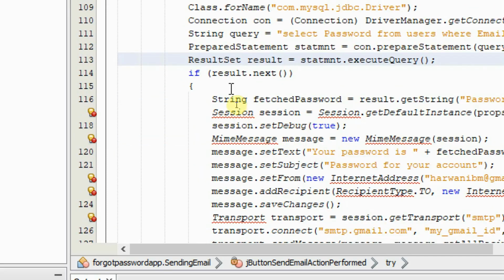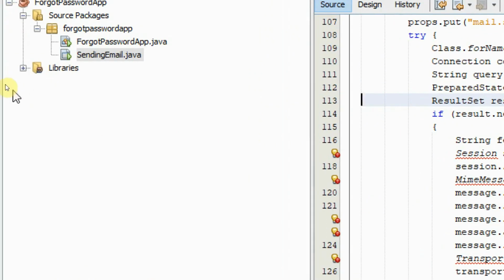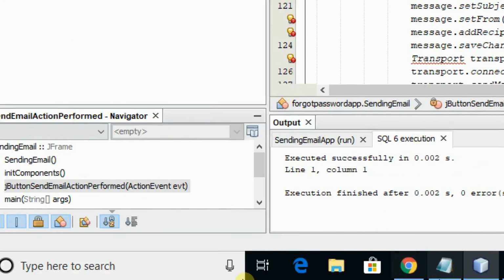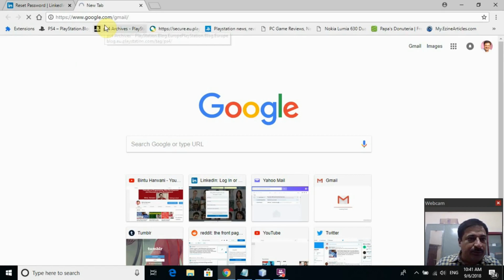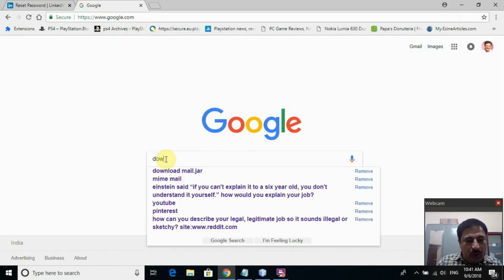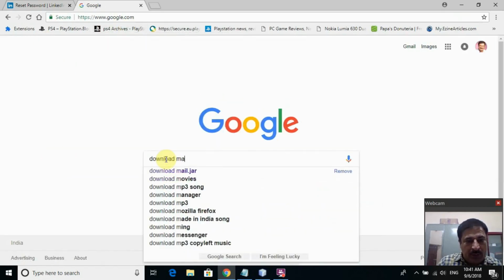Here it is giving you an error because for running this project you need two jar files. What are those? You need one mail.jar file, and because you are accessing from the database you need one connector, the Java MySQL connector. So for downloading that jar file, you open the browser, on Google you write download mail.jar.